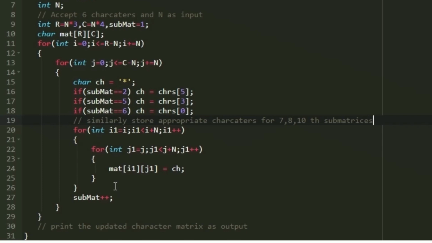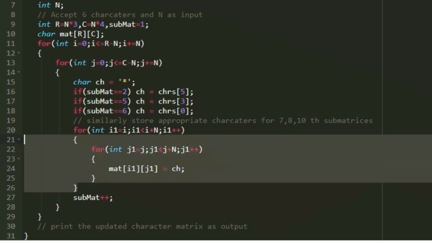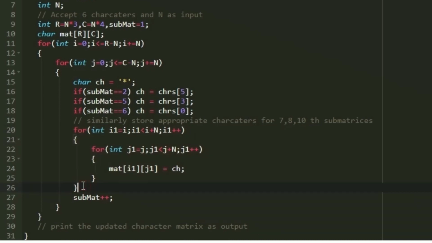So to iterate through the particular n cross n submatrix, I am again creating a nested loop. So this nested i1 j1 loop actually iterates through that particular n cross n submatrix. So now this n cross n submatrix should be filled with the character ch. So this i1 loop starts from i and iterates till i1 less than i plus n.